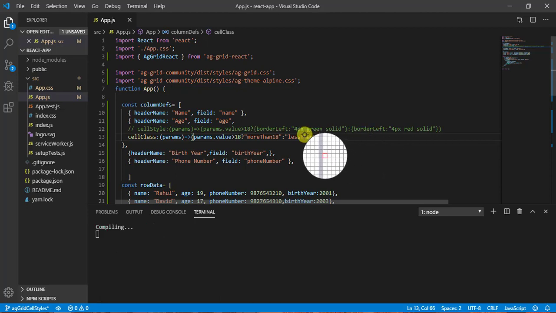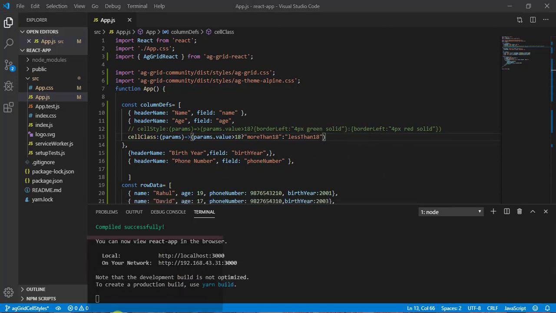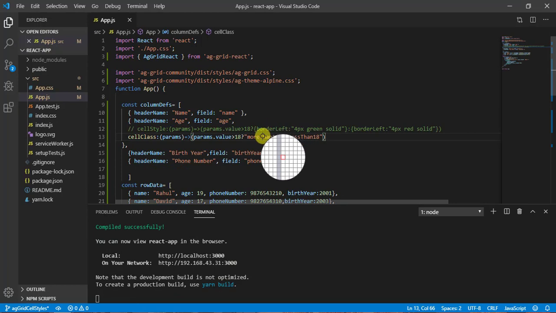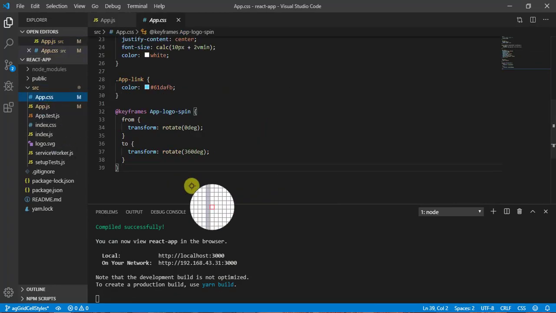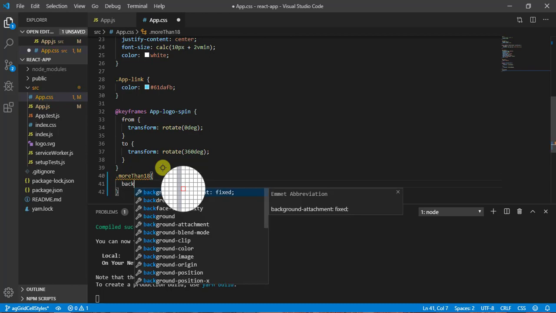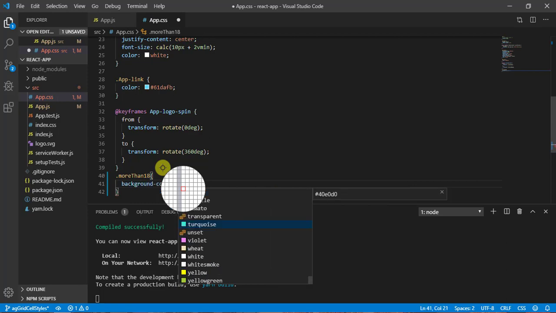Now if I come here, I can't see any style, because this class doesn't exist. So what we have to do is copy this class, come to App.css, and write here a dot and paste this class name, and we can write a style. So let's write background color, and if it is more-than, we need to provide green.